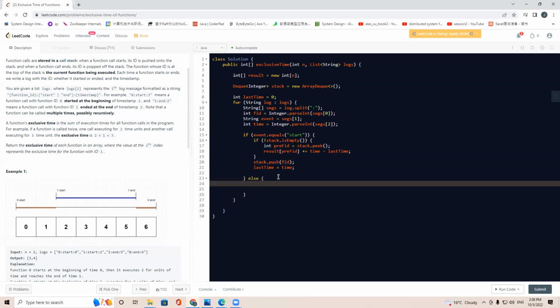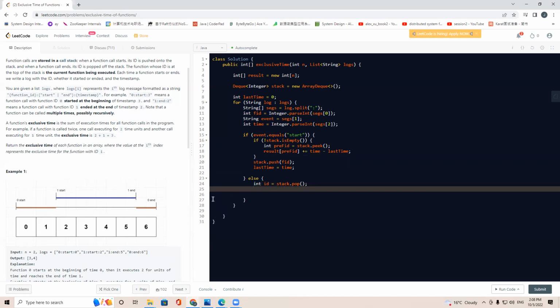So we just take int ID, we use the FID already, ID equals stack.pop. So for example, this is 5, at time 5. It pops this ID, and we know the last time